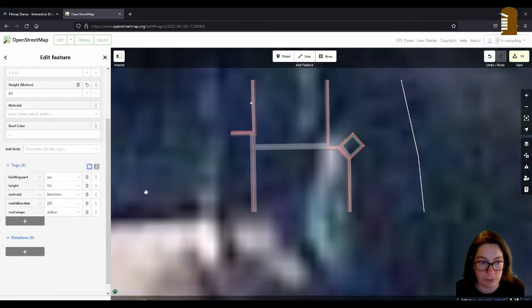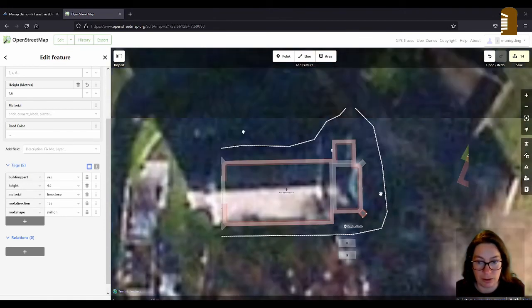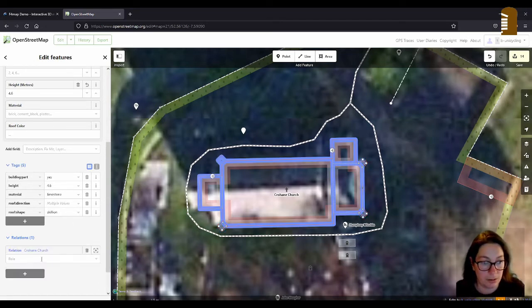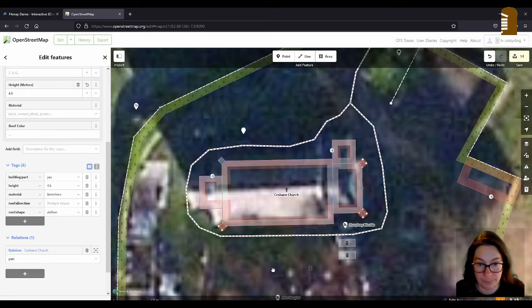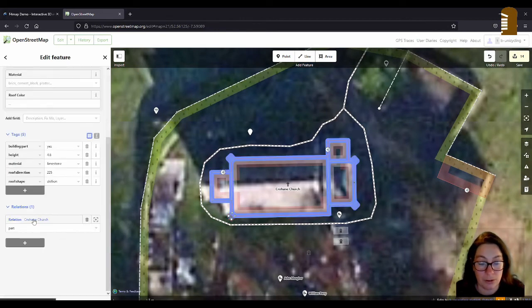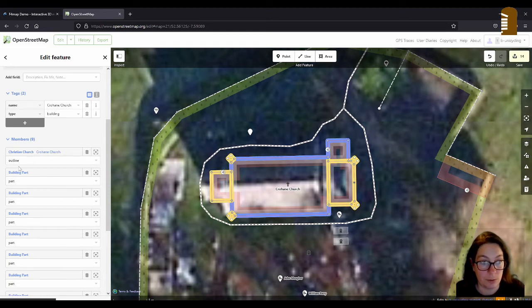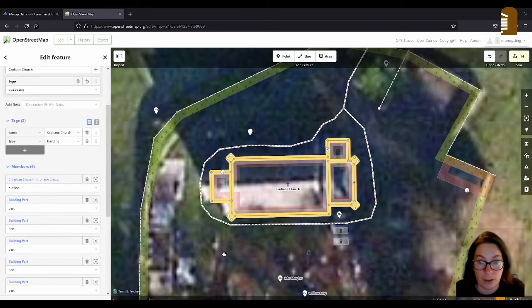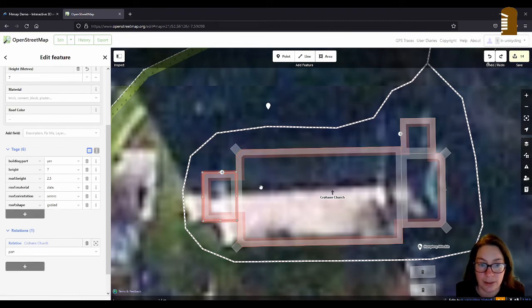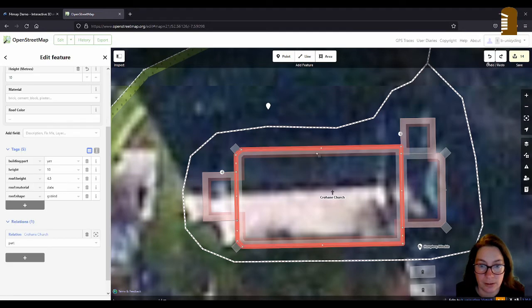And have I made this part of the relation? No, of course not. Neither have I with this one, or with this one, so I can just highlight all three of them and choose the relation and add part. So that's the 4 buttresses, and I can also show all the parts of the relation by just clicking on relation over here, and it'll show you that we have an outline, which I still have to adapt, and then several parts. You see that this part and these two have a slight pink border, and that means the outline is still there somewhere. It's just terribly difficult to highlight it now.